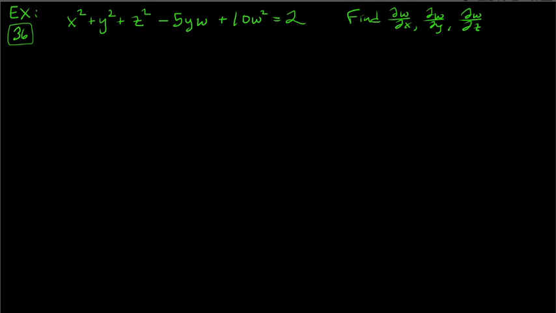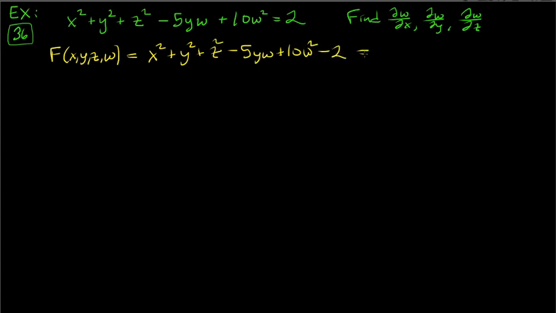Okay. So this is going to be an equation in x, y, z, and w. And it all equals 2, but we can subtract the 2 from both sides. So it's going to be x squared plus y squared plus z squared minus 5yw plus 10w squared minus 2. And now it equals 0, so we can, of course, apply